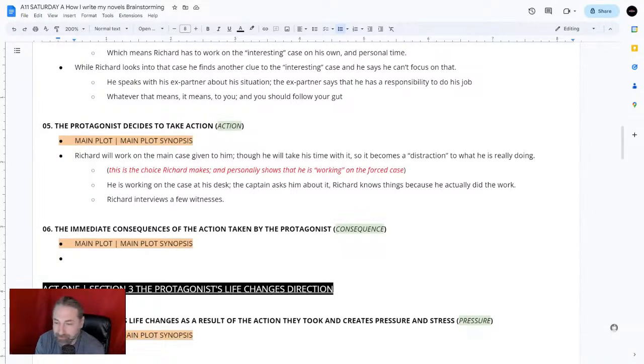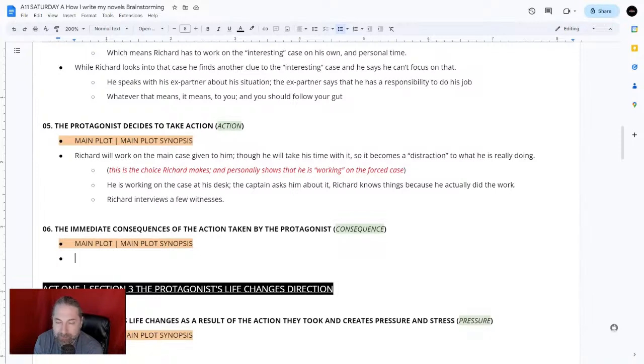Another way is we can allow Richard to go through a conscience kind of situation where they know what they are doing is wrong per se as being a cop and following the rules, but they know it's right. They know it's right to keep going and find out. That's another way we could go. That's more of an internal thing, right? Or